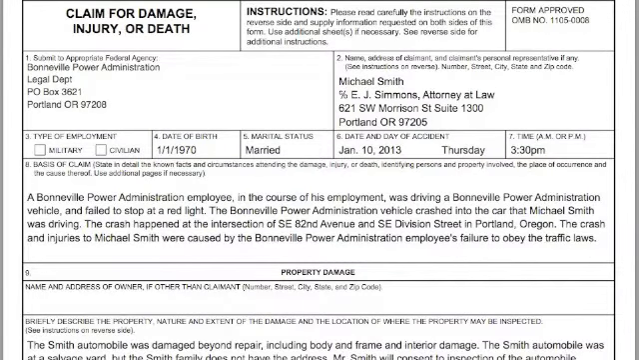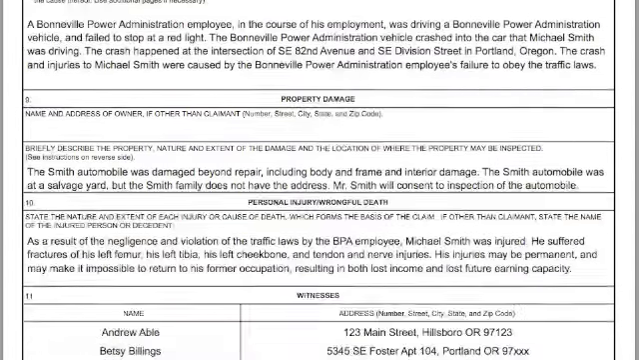This is an example of the Form 95. This example is filled in. It makes some assumptions. Mr. Michael Smith was injured because a Bonneville Power employee ran a red light, crashed into his car, broke his leg and his arm. So let's take a look now and scroll down and talk about the purpose of this video,